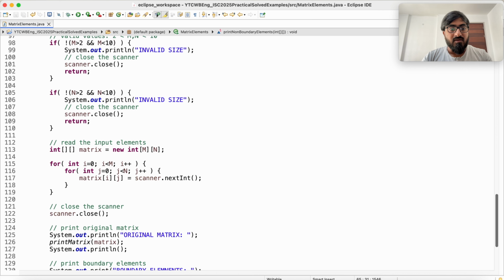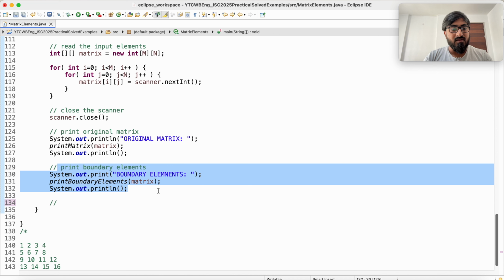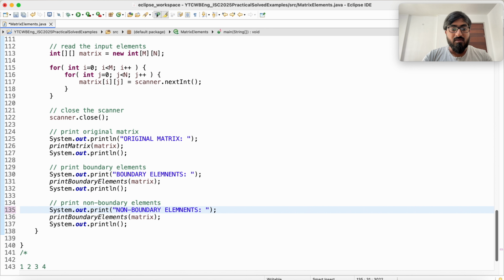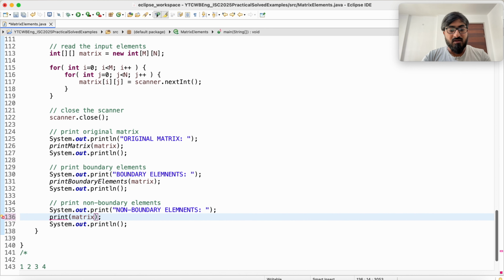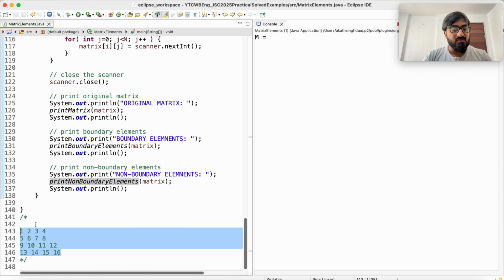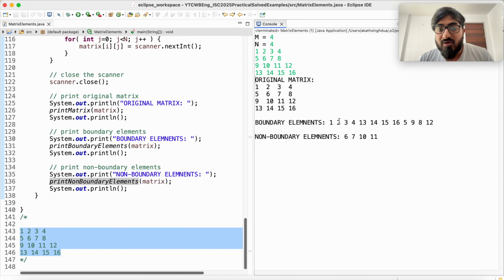Okay, all right, so I'll say print non-boundary elements. Okay, running this, let's try our first case. Okay, so 4 4, and boundary elements we know, non-boundary elements will be 6, 7, 10, 11, which